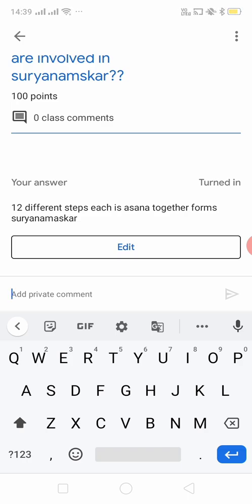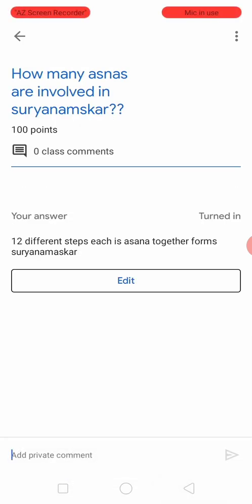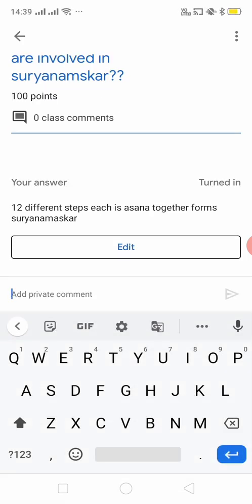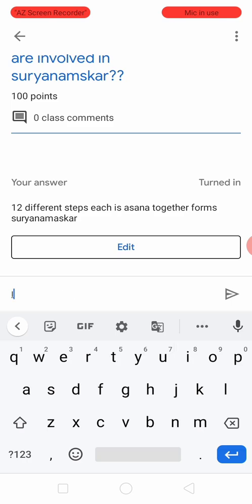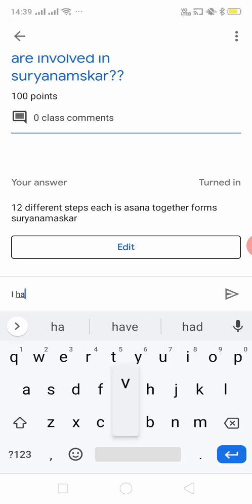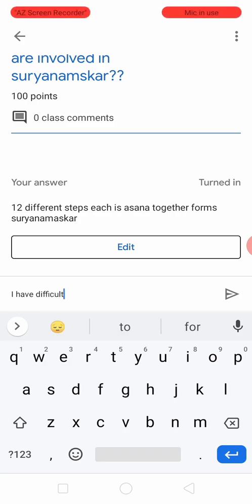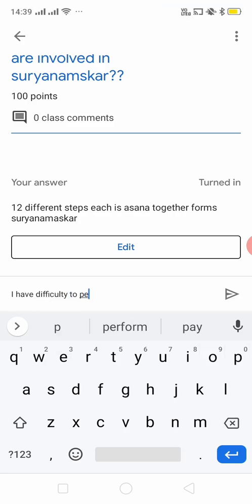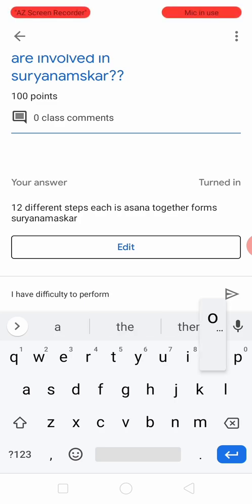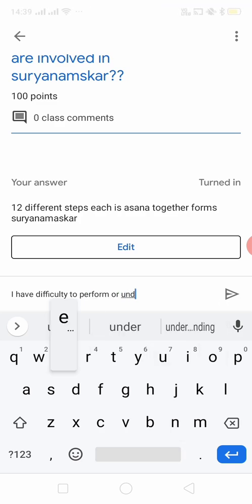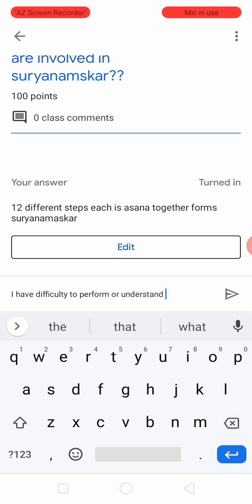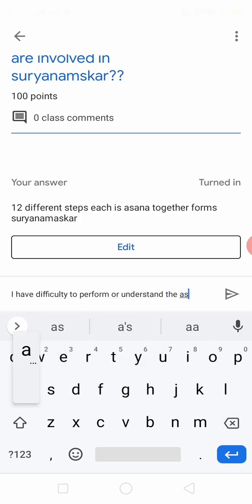Okay, so this way you can add: I have difficulty to perform or understand the asana.